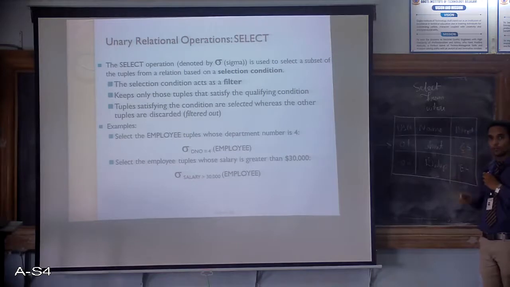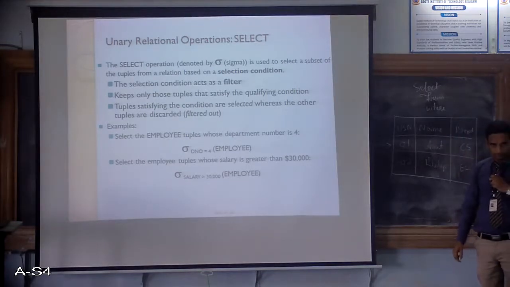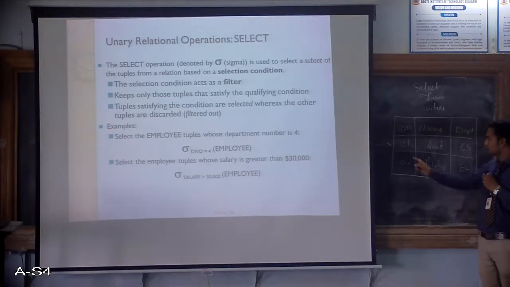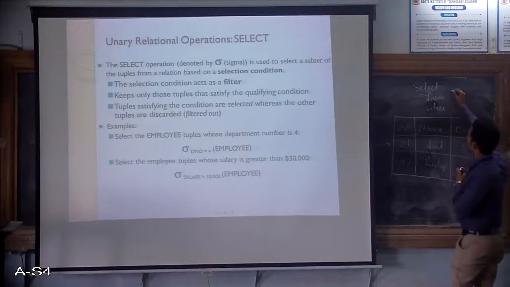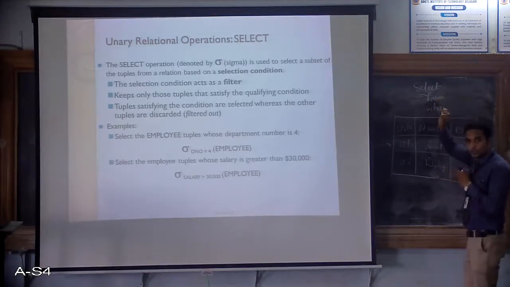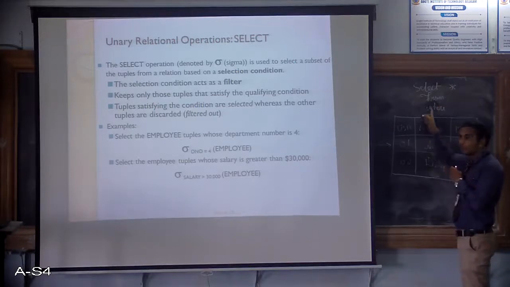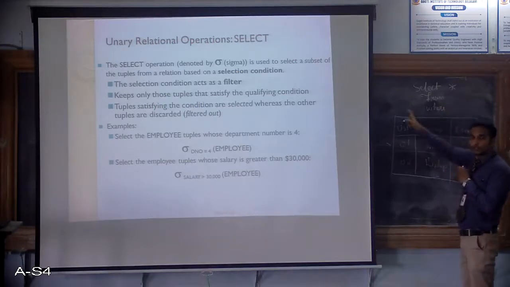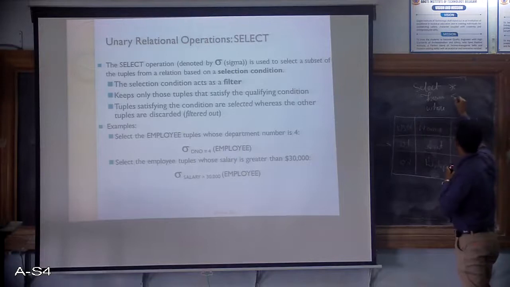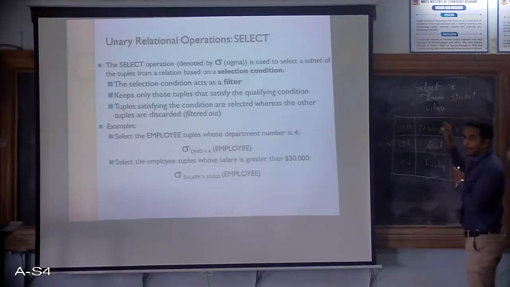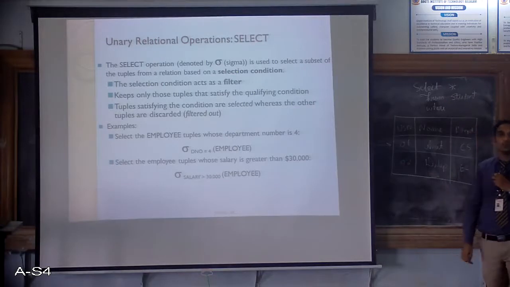Select from where clause, where select will select the attributes which I want. So select will select which attributes you want. In short, now I want all the attributes, so select star, where star is the wildcard for all attributes. From indicates from which table. Assume that the table name is student, so from student. Where is optional, which is a condition which you give.